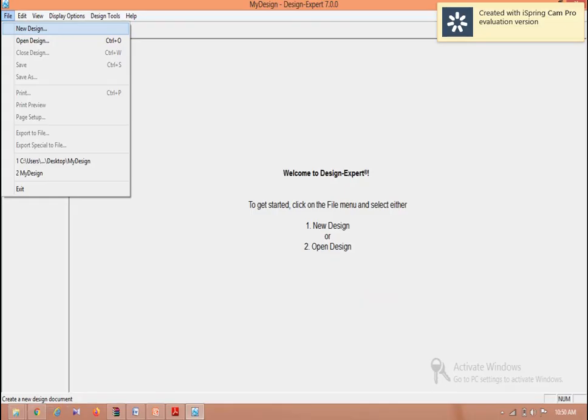For that, the initial page displayed when we open the Design Expert software will be like this. In this, first we have to click File, and different options will appear. There we have to select New Design for carrying out a new analysis.